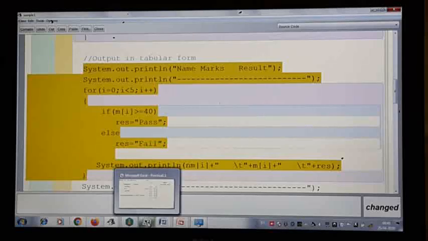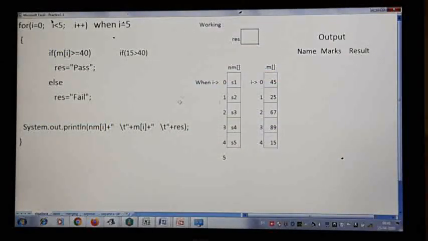Let me explain. I tried my level best so that you all will be able to understand. This is the logic part I have taken from the program, and this is the working of the logic, how exactly I am explaining here. Now result is just one single variable, whereas name is an array and mark is an array. Suppose my inputs of these arrays are S1 to S5, that is student 1 to 5, and the content of the mark array is 45, 25, 67, 89 and 15. With this input, after you read the array, this is the content of the array. Then how exactly we are going to set the result for each student, and how exactly we are going to get the output on the screen, that is what I am going to evaluate.